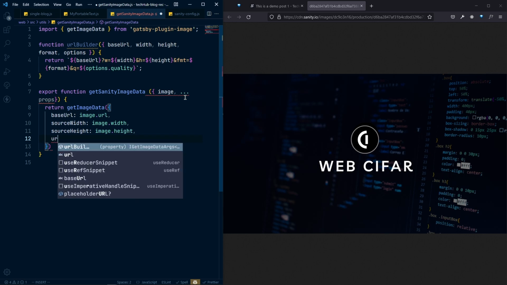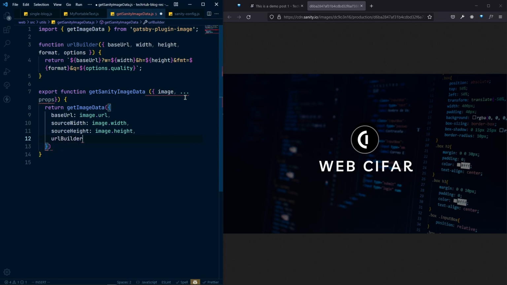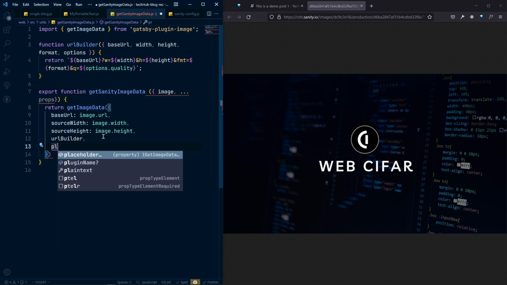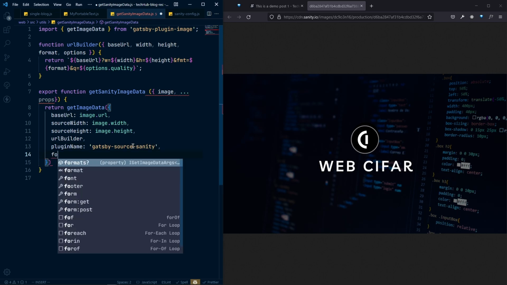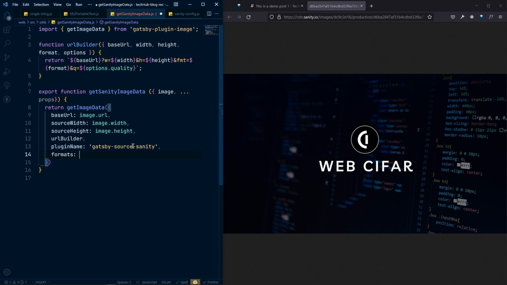and urlBuilder. For that we already have the URL builder function that we can mention here, and also pluginName. So we need to specify the plugin name that the image is coming from. We are using Sanity, so we can use gatsby-source-sanity. Fine. Also the format will be auto,